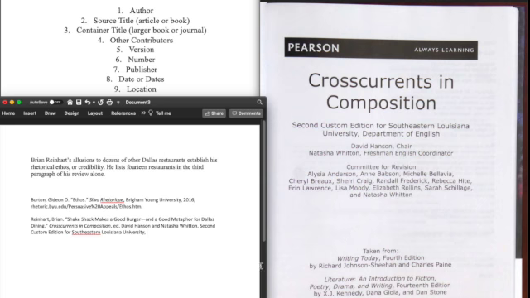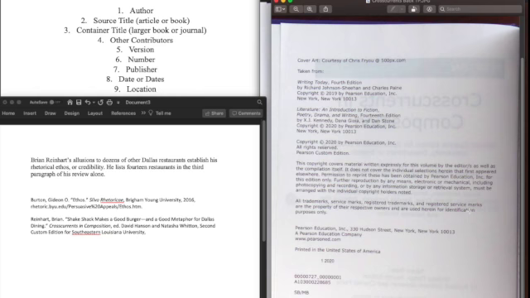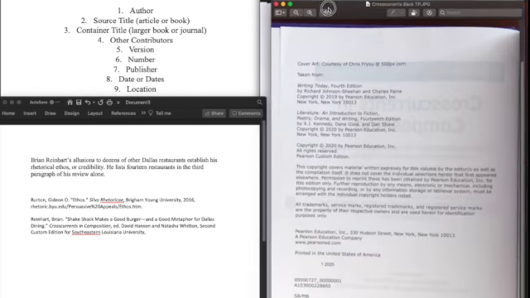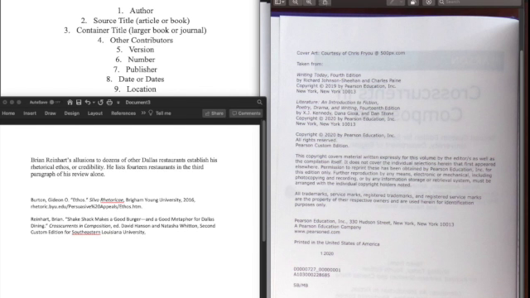We do have a publisher, and we find information about that publisher on the back of the title page. So I've turned the page. This is the front of the title page. This is the back. And it gives you a lot more details about where particular things in here come from. On here you can see that this book is taken from two other books, Writing Today and Literature and Introduction.